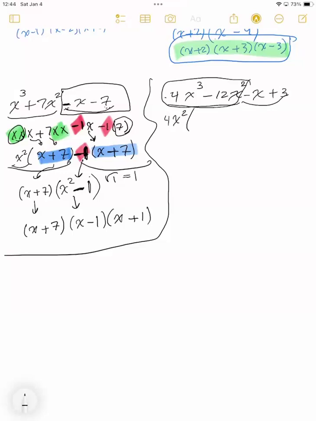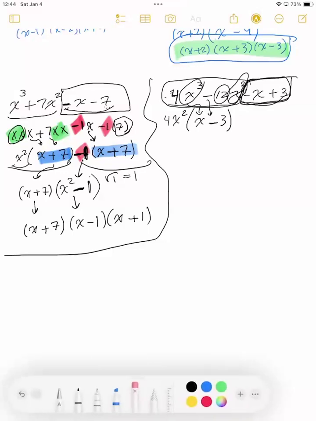If I take out 4 and 2 of these x's, I'm left with 1x. Then I have the negative, if I factor a 4 from here and the x to the power 2, I'm left with a 3. Then I go to these two. The common factor between those two